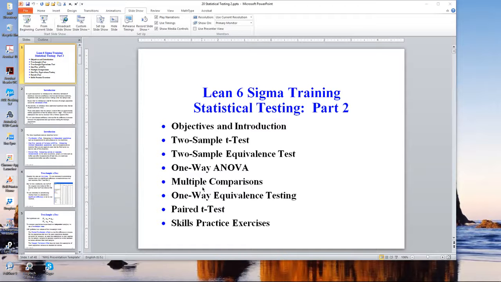There are two versions, one assuming the two populations have equal variance and the other assuming the two populations have a different variance. We'll also talk about two-sample equivalence testing and also talk about the way we test for equal variances. The materials relate to the statistical testing 2 notes, and the contents of these videos are contained within those notes. And we're going to begin